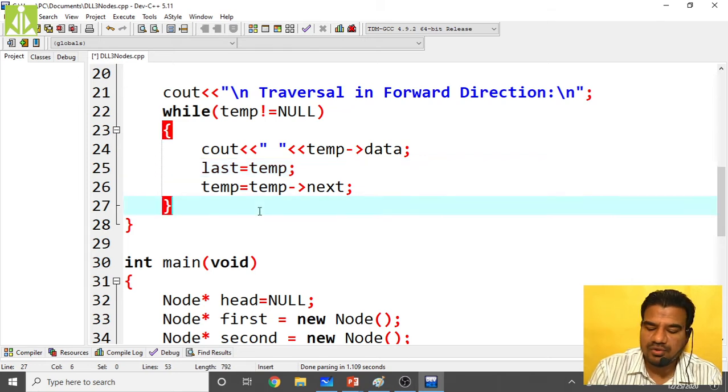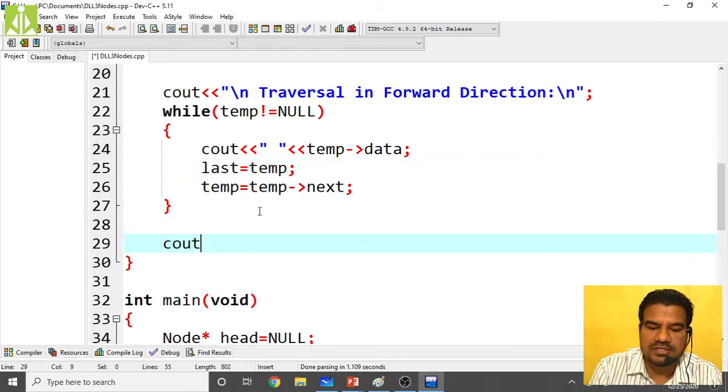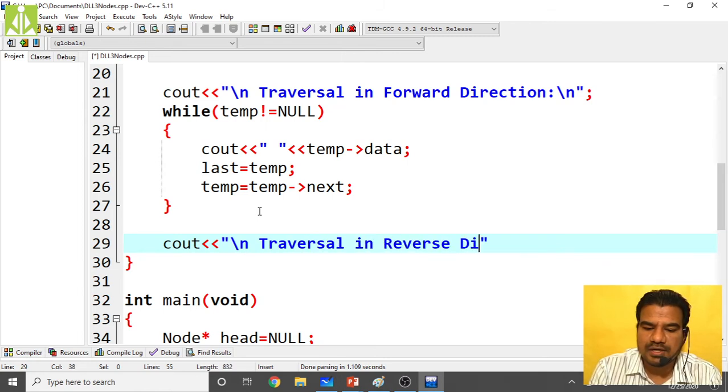Then write these statements: cout, traversal in reverse direction. If you have not seen my previous video, go and watch that video first, then only come over here. Otherwise you won't get anything over here.